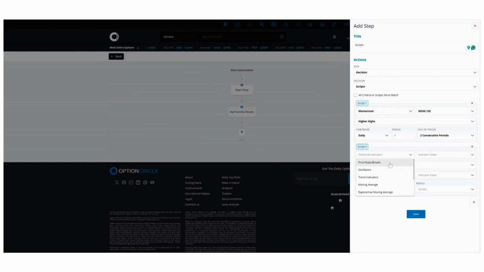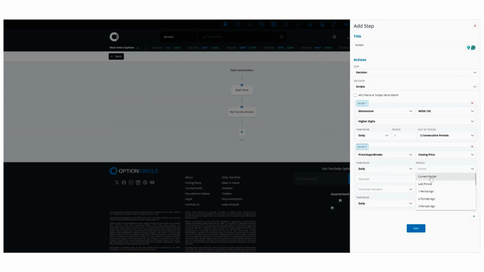On this one, we're going to select price. We want the closing price to be above, on the daily, a certain indicator. So current period, we need to select. And we're going to need to select above and then go to technical indicators. And we're going to use moving average. How about this? Let's use exponential moving average since that's my favorite. And we're going to want it above the 7-unit moving average. And we're going to go to daily